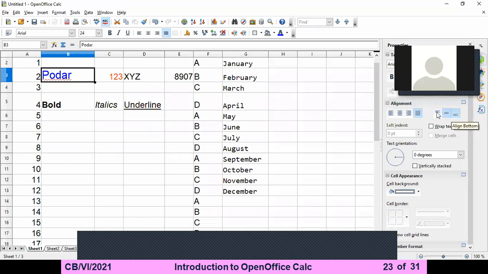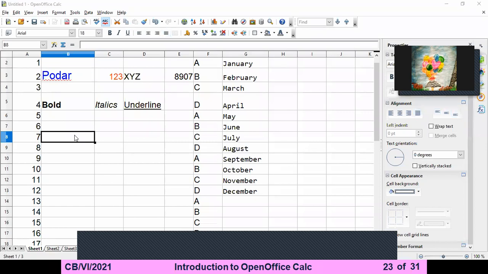It will touch the top, it will come to the center, and it will come to the bottom of the cell. So these are the types of alignment. Remember two types of alignment: horizontal and vertical. Horizontal has 4 types: left, right, center, and justify. Then vertical alignment has 3 types: top, center, and bottom.